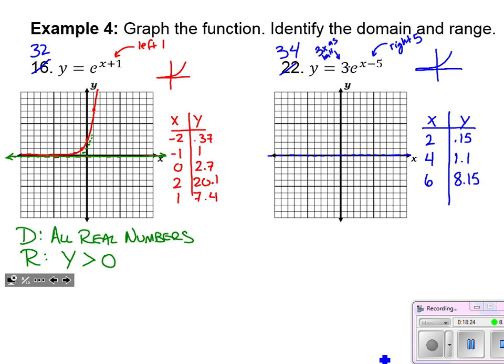We've also got some odd ones that we could throw in there. When x is 3, I'm at 0.4. And when x equals 5, I'm at a height of 3. So just to be inclusive of all those points that I can fit on the graph here. So let's see, x equals 2, we are just off of it. At 3, we're at 0.4. At 4, we're at 1.1. At 5, we're up at a height of 3. And at 6, we're up at a height of 8.15.